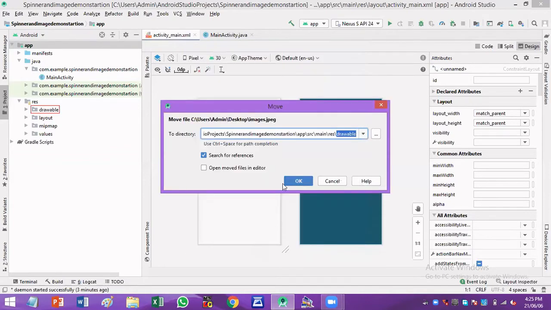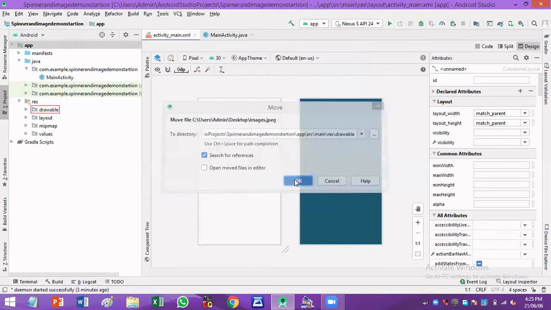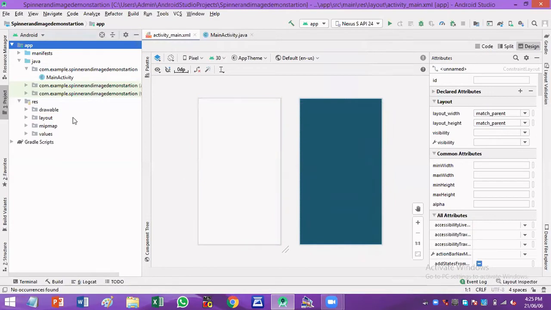Then click on OK. Okay, so the image that you are going to insert in this user interface will be stored in this drawable folder. Just to make sure whether it is inserted, click on this drawable and now you can see images.jpg is inserted under this drawable folder.